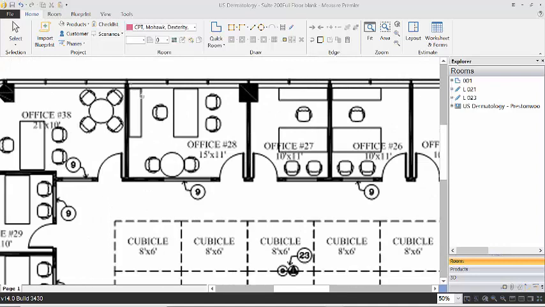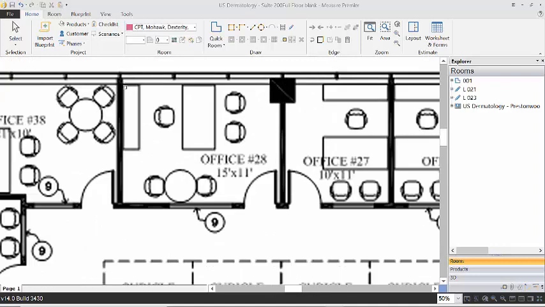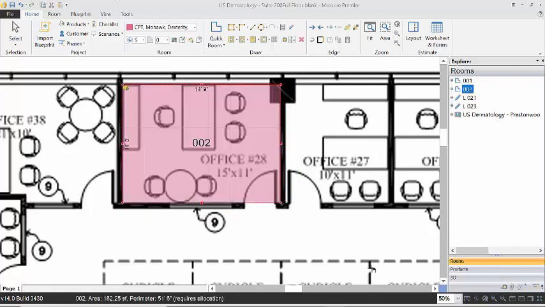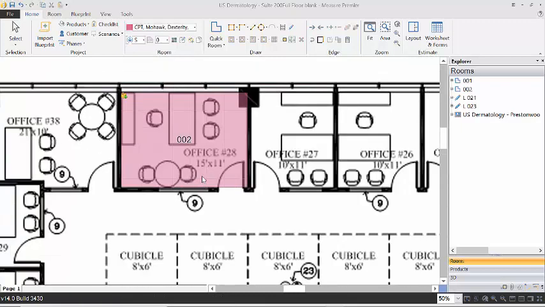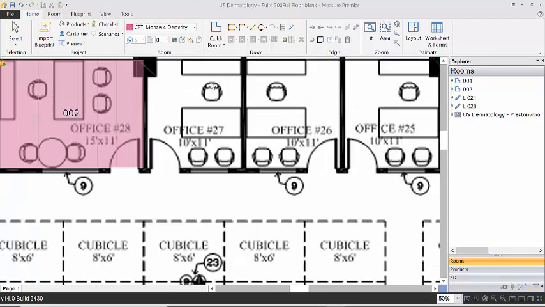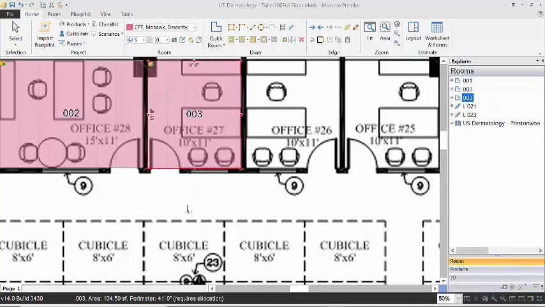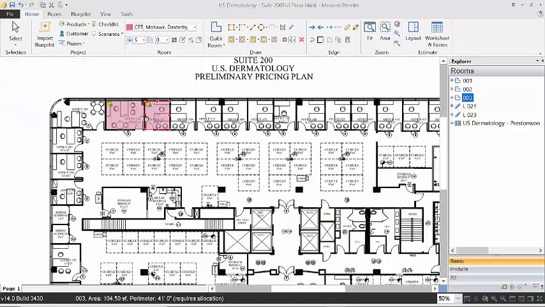So let us go into any room and simply show the software what is the floor area that the carpet covers. So yeah, similarly we can take off the other rooms. Right? And